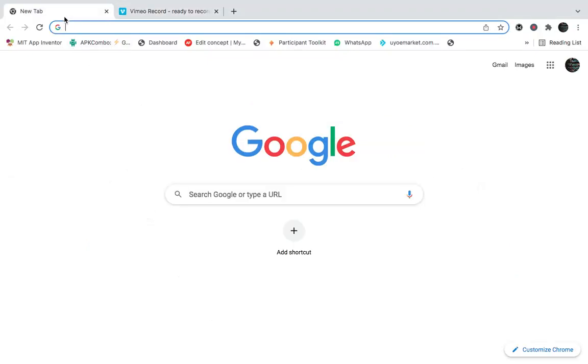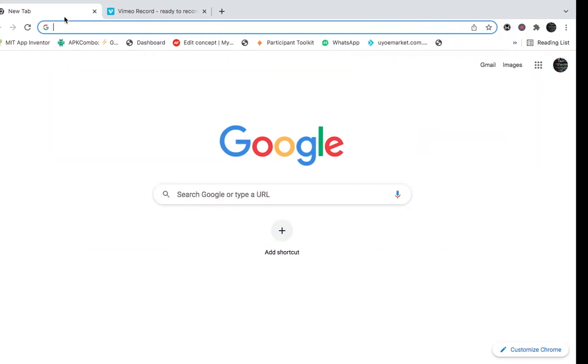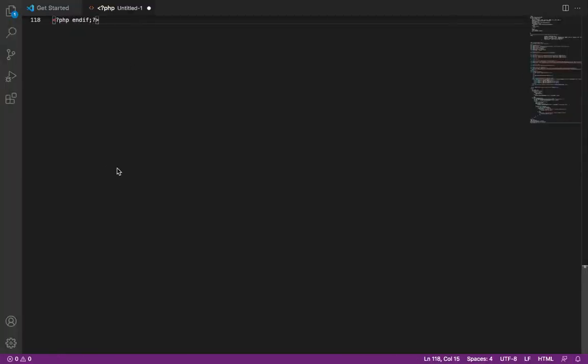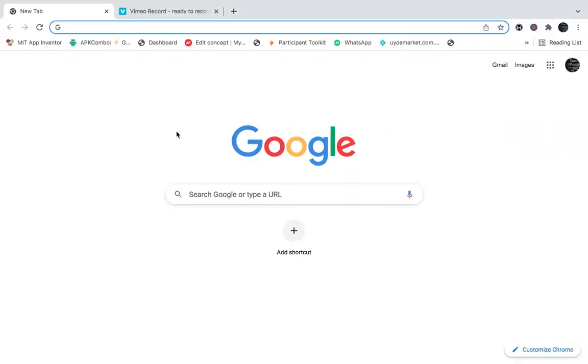Hello guys, in this video I'm going to show you how to integrate a payment gateway on your website. Before we get started, you need to have Visual Studio Code. So here's my Visual Studio Code. This way I'll be writing my code, and you also need to get started with